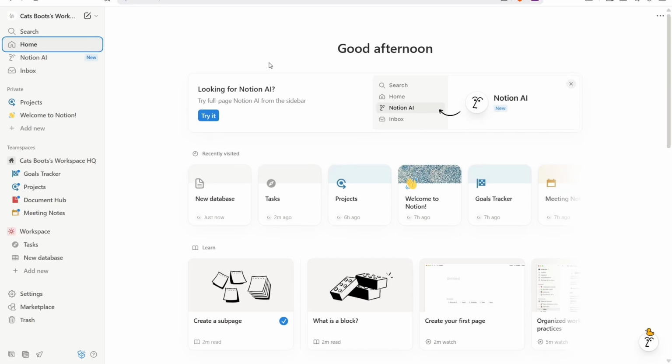In this video, I'm going to show you how to add a text box in Notion. Let's get started. After successfully logging in to your Notion account and accessing the homepage, the first